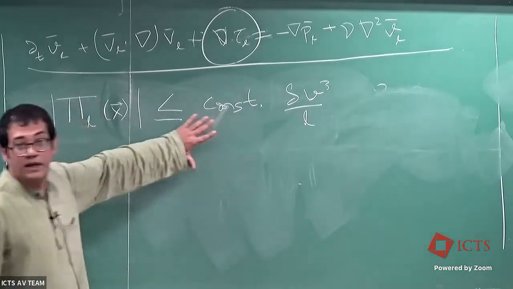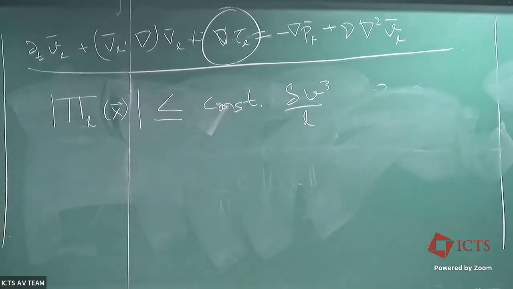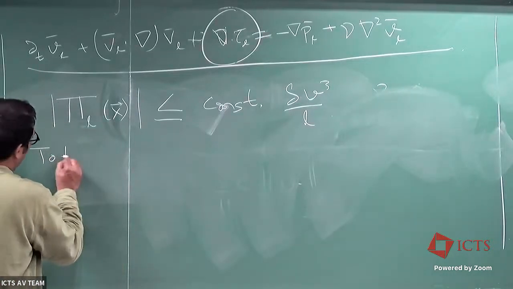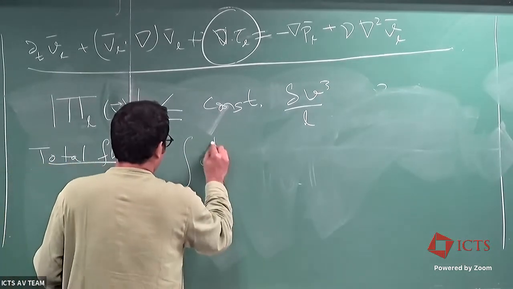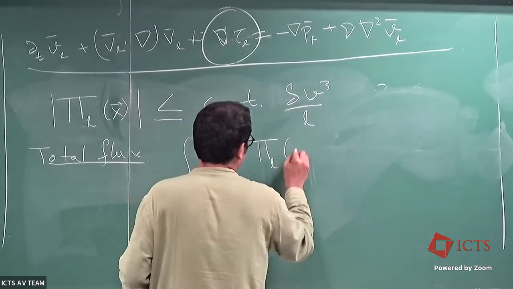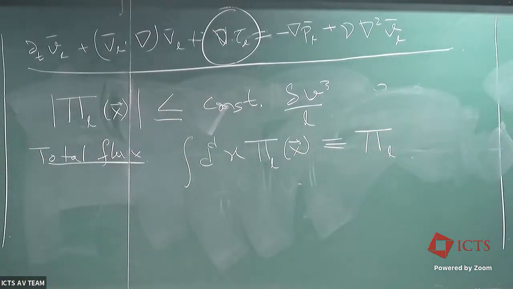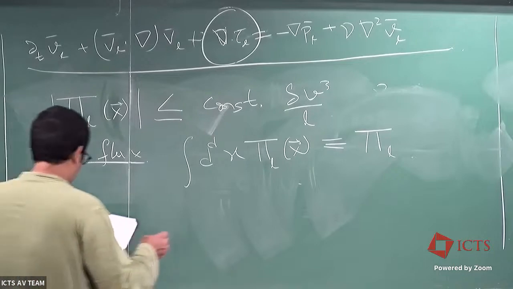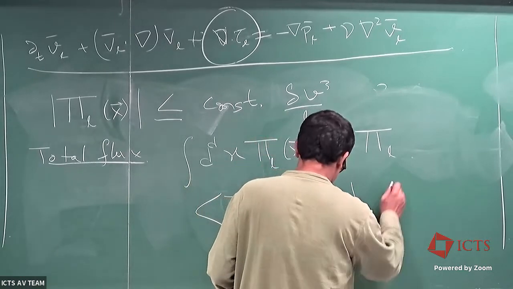But what people were able to do, in a more rigorous mathematical way, was to say that the flux is bounded. The equality is what we had convinced ourselves of previously, but now what we are saying is that it could be less than or equal to delta V cube over L. This allows you to define the total flux, and the total flux would just be the integral. This is pointwise, so now I'm going to integrate it over all space and compute what the total flux is. Or you can even think about the mean flux, which can be useful, which will be nothing but